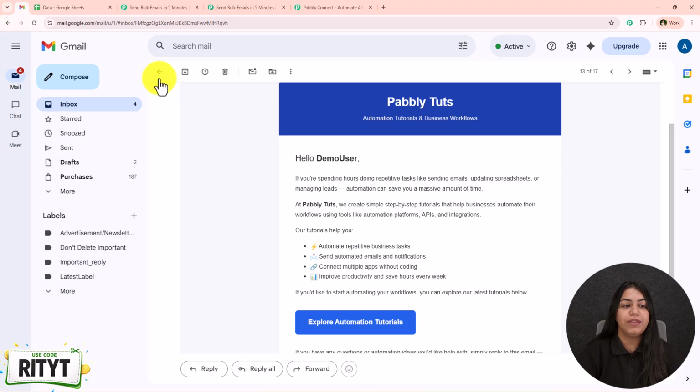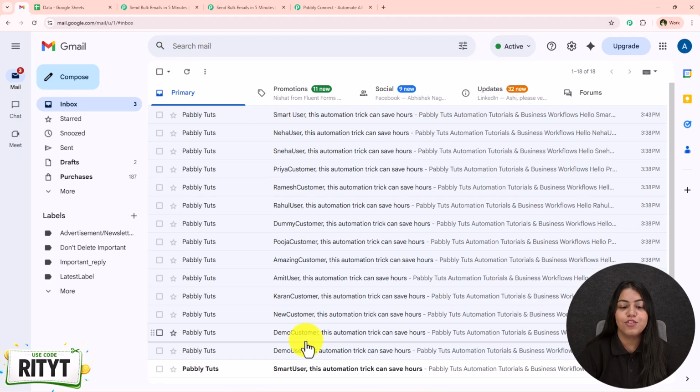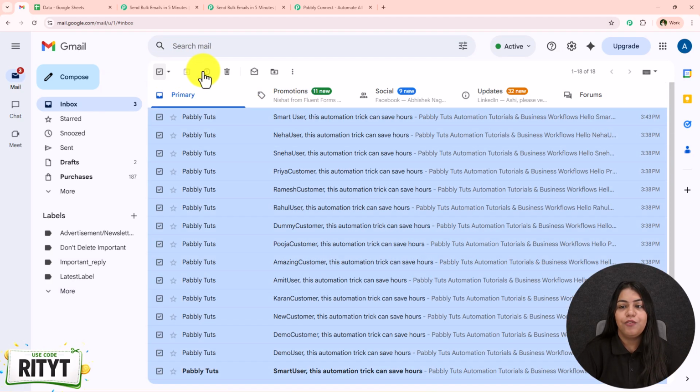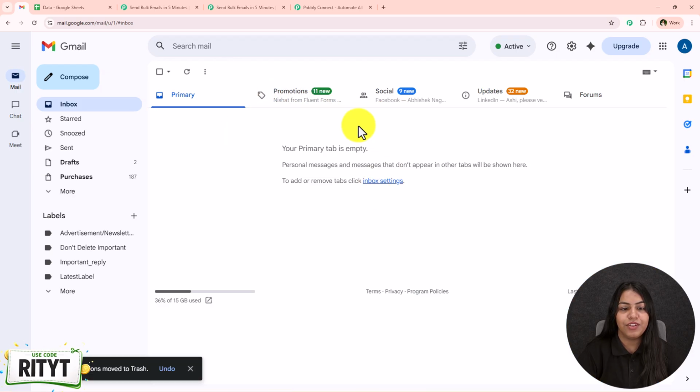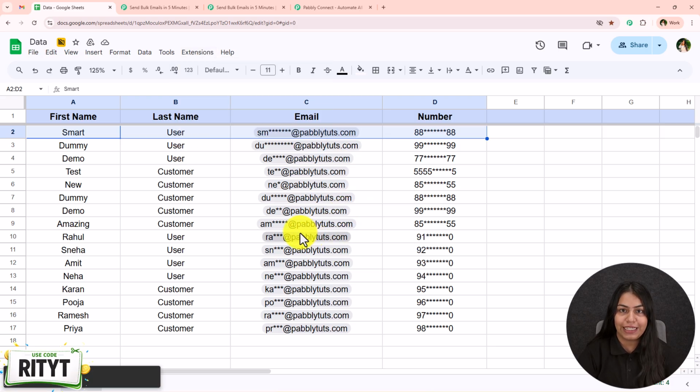So let's open our Gmail, go back towards the inbox, and yes, this mail is sent. Not only this, but now we're going to see how we can send emails to bulk customers at once. For that, let's just delete every mail which is over here in this inbox. Let's just go back towards our sheet, extensions, Pabbly Connect webhooks, and click on this send all data. All of this data will be sent towards your workflow, and the email will be sent to all the customers